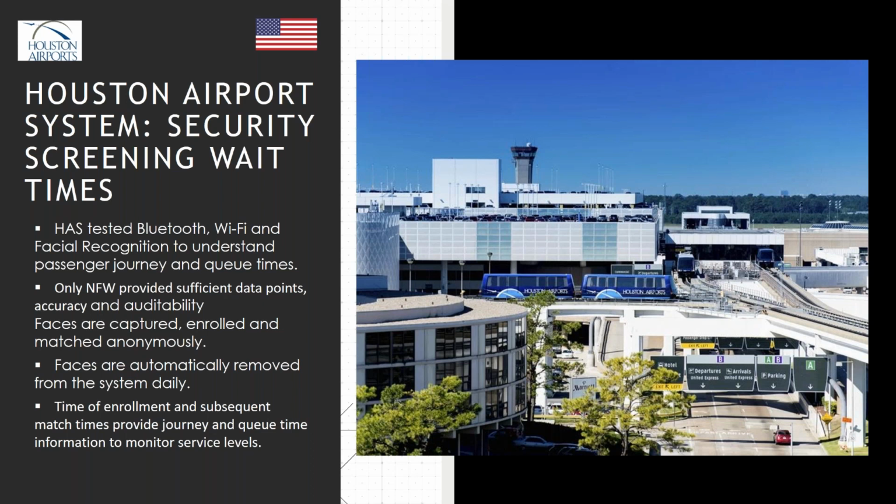Yeah, so that's the great thing about NEC's NeoFace Watch and our algorithm: we'll work with pretty much any brand of IP camera out there. We do have a list of supported cameras. All your major vendors are supported: Bosch, Axis, Hikvision, Samsung. There's a list of all the supported IP cameras. We do not support analog cameras though, because we have to bring this traffic over the IP network